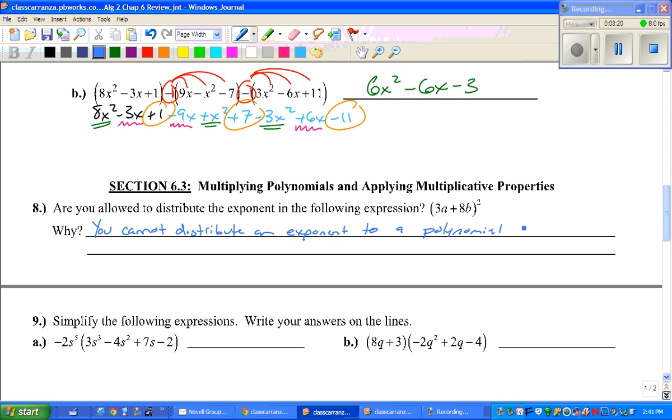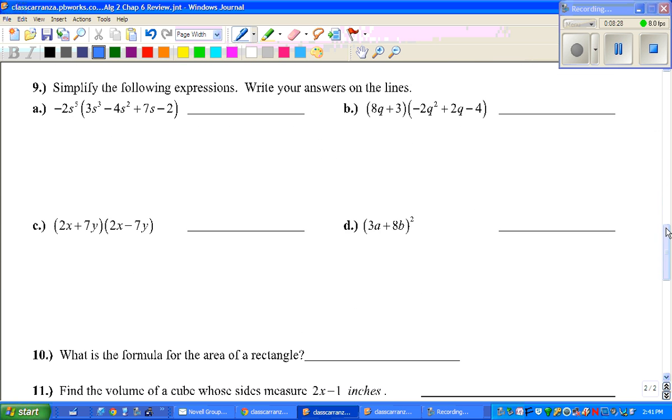Okay, for this you would use box or FOIL method to figure out what your answer is. All right, number 9, simplify the following expressions, write your answers on the line. So I'm going to take whatever is outside and multiply it by whatever is inside. So you multiply the big numbers, negative 2 times 3 is negative 6 s, and then we're going to add the exponents, okay? Negative 2 times negative 4 is positive 8 s to the 7th power,